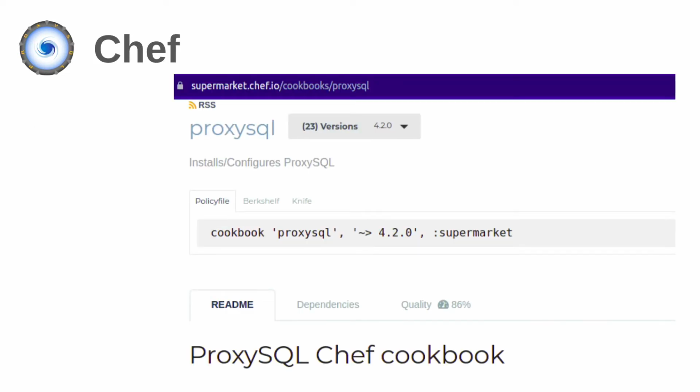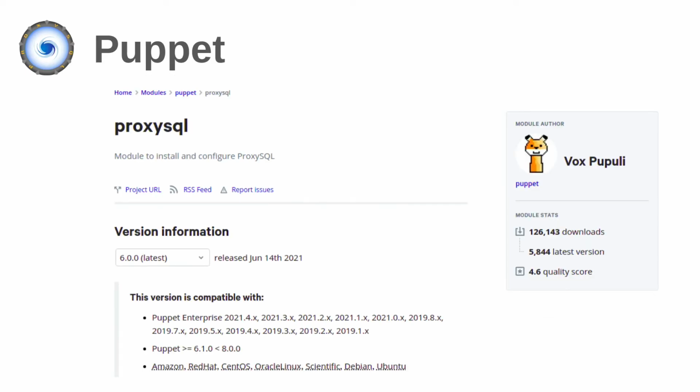Now, again strictly in alphabetical order, we have Chef. Again, this is the website where you can get the Chef cookbook for ProxySQL. I won't go into details, but the idea is similar to Ansible and the others that we are going to show soon. So basically, there is a series of tools that is able to configure ProxySQL according to your requirement.